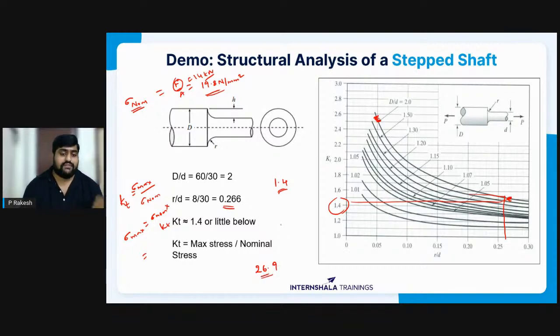First we take the force applied, which is 14 kilonewtons. Then we convert this into pressure: 14 kilonewtons divided by the area, which is 706. If we divide that, we obtain the nominal stress,